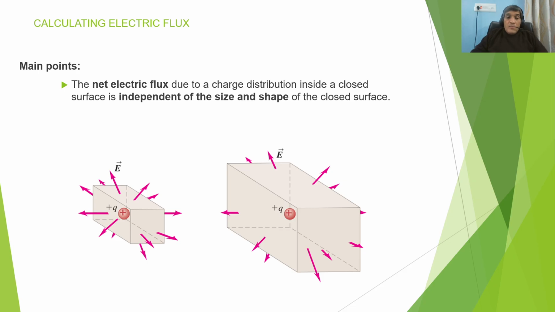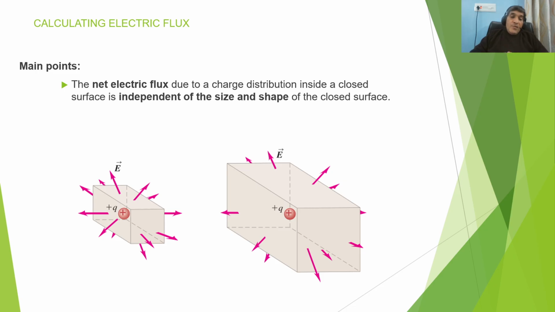How? Because the electric flux depends only and only on how much charge, how much quantity of charge, is enclosed by the particular closed surface about which we have to find it. If the shape is a circle, if the shape is a sphere, the electric flux is the same. So it depends upon the charge enclosed by the surface, not upon the shape and size of that particular surface which contains the charge.